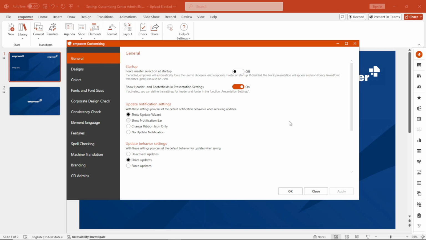As soon as you make changes in one of the tabs on the left, you can save them with the Apply button, and then make further changes. Click the OK button to save all changes and close the window. Depending on the type of changes, it may be necessary to close the Office application and then open it again